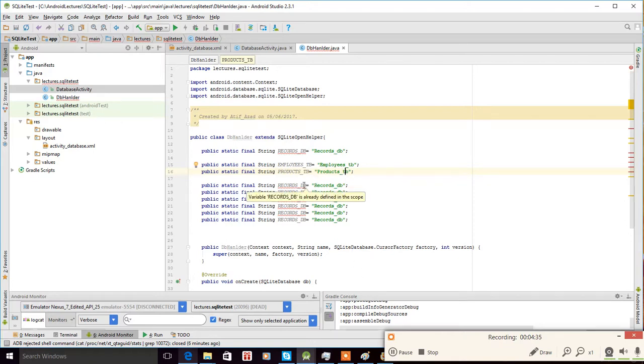And then our columns. Let's say this is empid, the id column of the employee table. In the same way we have employee name, emp_name, define it now, then emp_age, and we do the same for the